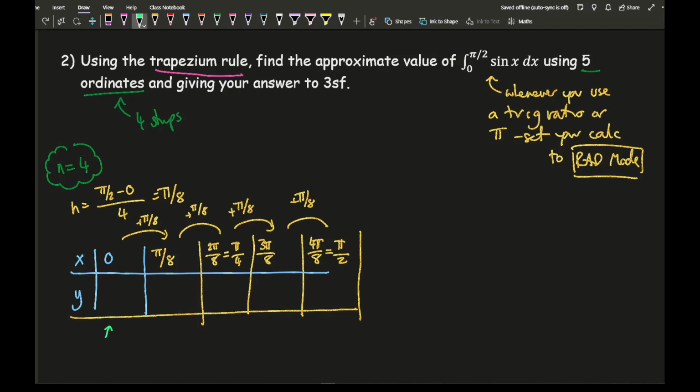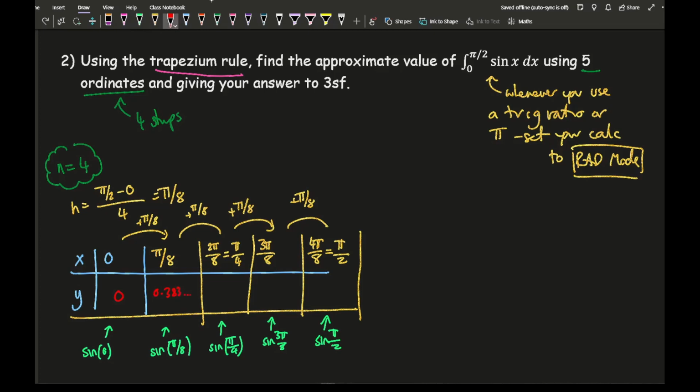So this value here is going to be sine of 0. This is going to be sine of pi over 8. This value here is going to be sine of pi over 4. This is going to be sine 3 pi over 8. And this value here is going to be sine pi over 2, remembering to make sure that you are in radian mode. Now in terms of working out those values, this first one should be 0, this is going to be